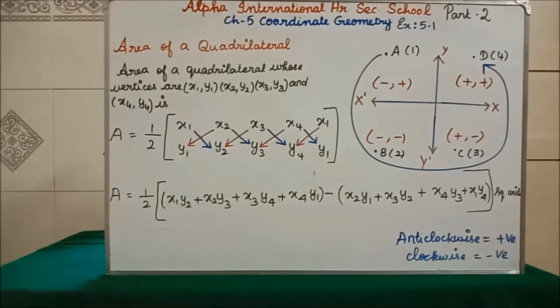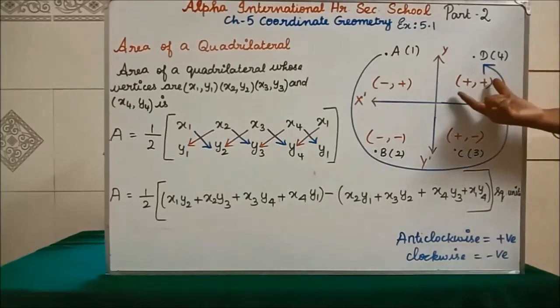The area of a quadrilateral will be asked for 5 marks. Of the 5 marks, 4 marks are for your solution and 1 mark is for your graph. So you are not going to draw freehand. You are going to use a scale and pencil with neat presentation. The values can be approximate, but you have to draw with neat presentation.